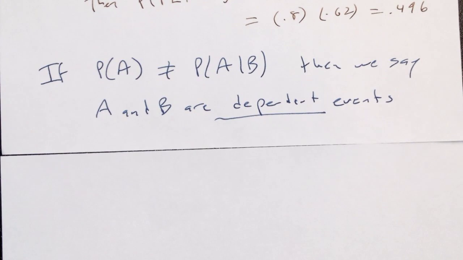Now, this is not cause and effect. The fact that I know B didn't cause A. It caused the probability of A to change. So there was no cause and effect here. Hey, this is a red card, what's the chance it's a heart? The fact that I told you red didn't cause it to be a heart or not a heart, just that I could have a different result. In the same way,